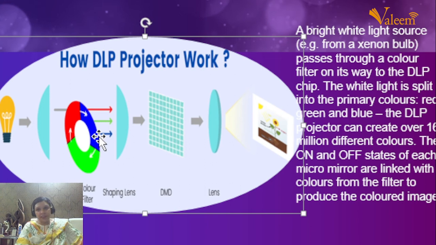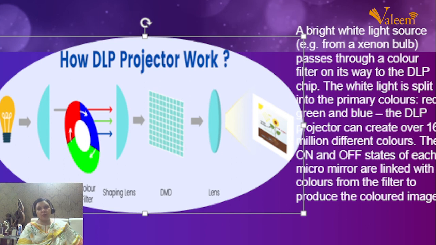So you have seen how a DLP projector works. It contains millions of micro mirrors. When they reflect light, the lighter shade is formed. When it is tilted or does not reflect the light, the darker shade is formed. So in this way, different colored monochrome images will be formed and combined together. With the help of the lens, they are able to create a colored image.